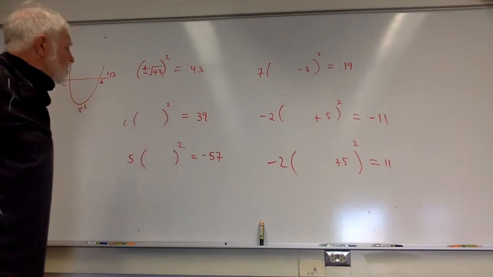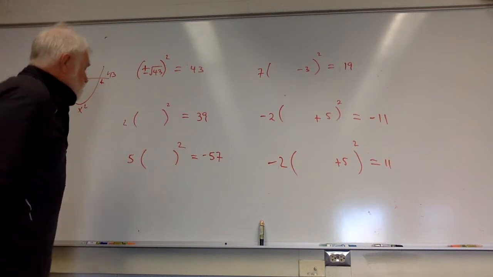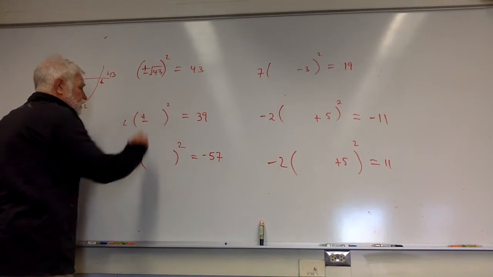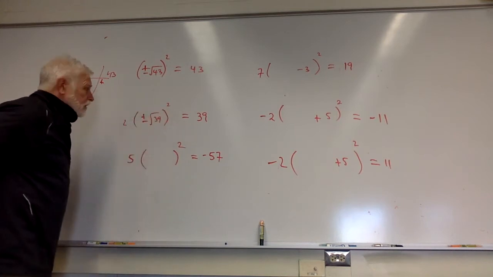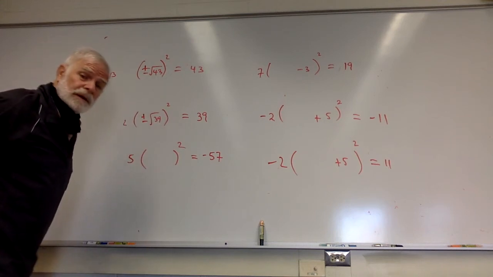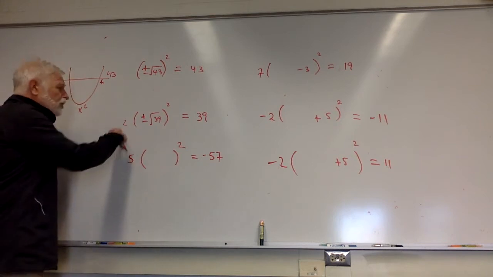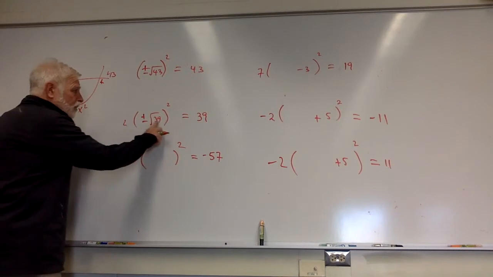Okay, so now we're going to try to do this one, and you're pausing the video. 2 times what squared equals 39. I hope you remembered the plus minus, and I hope you know that the square root of 39 squared is 39, times 2 is twice the size we really need. So we got to figure out a way to undo this. Of course, squaring comes first, right? So I hope you landed on